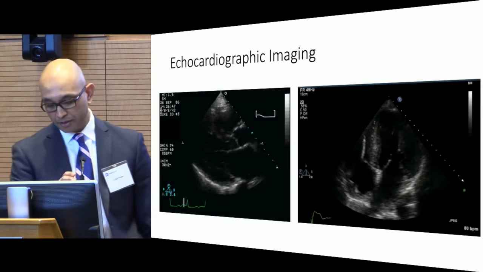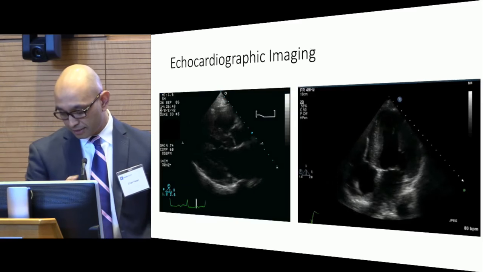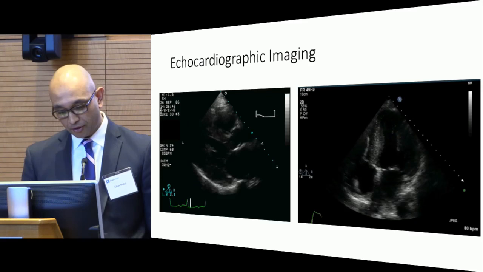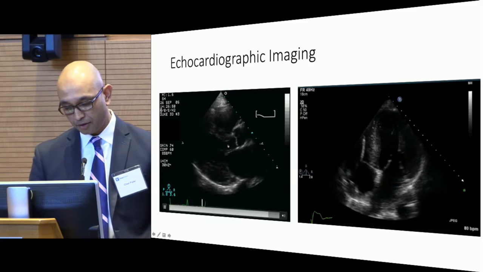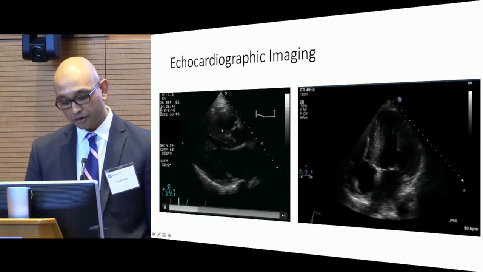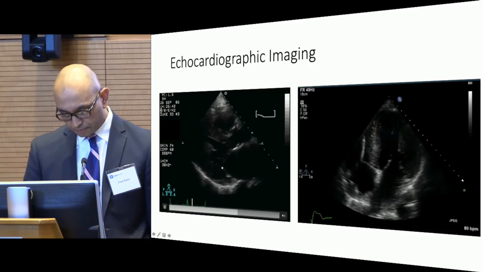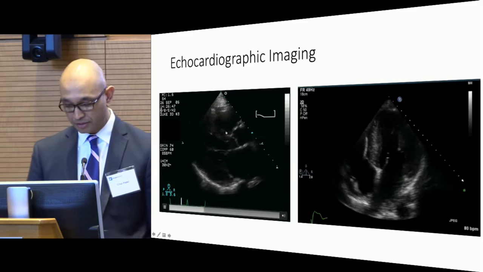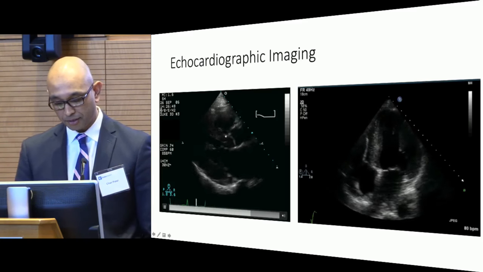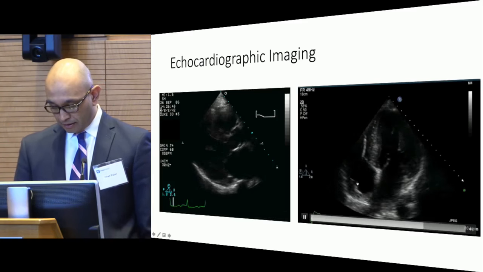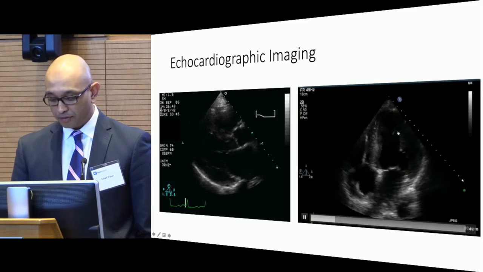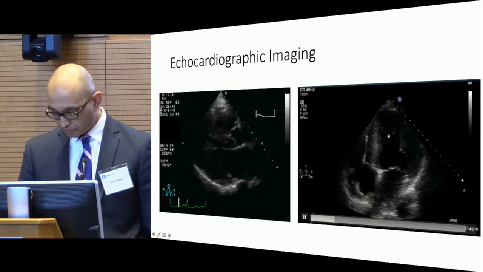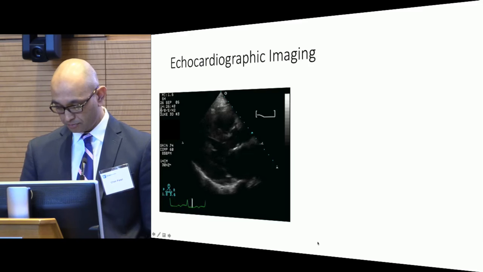That's an example from one of the patients that we've transplanted, and you see on the left in the parasternal long axis view, the left ventricle is at the bottom here. You see a very thickened myocardium, the septum is thickened. The function itself does not look to be that reduced. Right ventricular function also looks quite preserved. In this apical four-chamber view, where the left ventricle is here, right ventricle, right atrium, left atrium, you again notice,